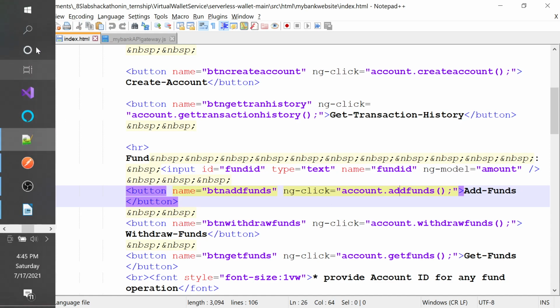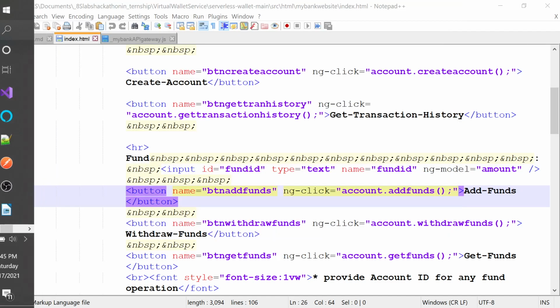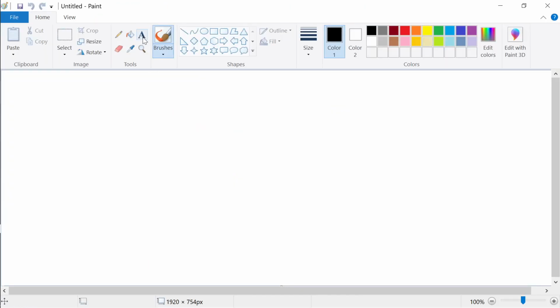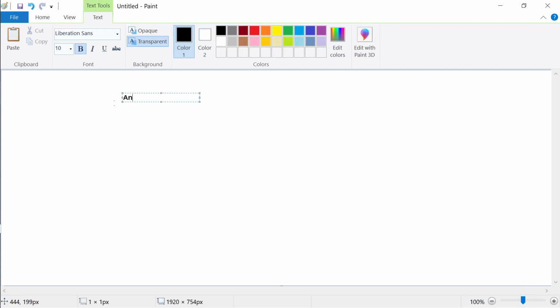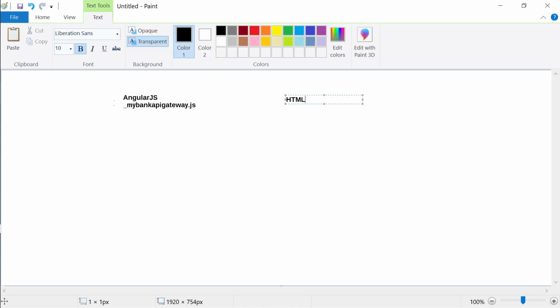If you look at it diagrammatically, you have two things in the page. One is your AngularJS code, named my bank API gateway.js, which I have included in the HTML file over here, right?